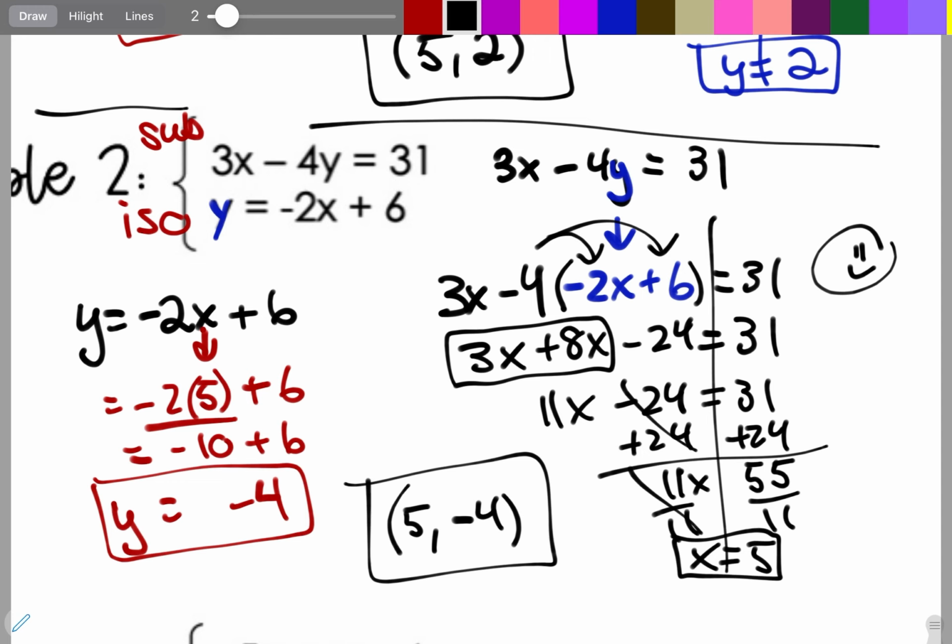Any questions? Going once, going twice. Remember, you can pause the video and slow this thing down a little bit, but I am going to example